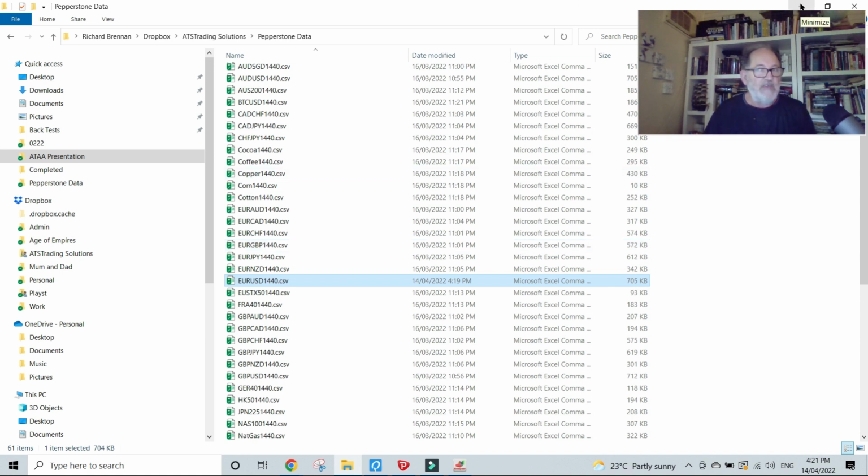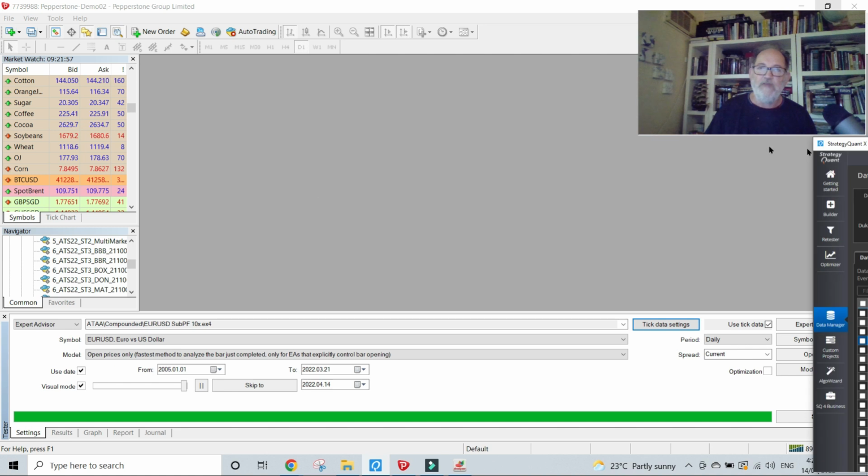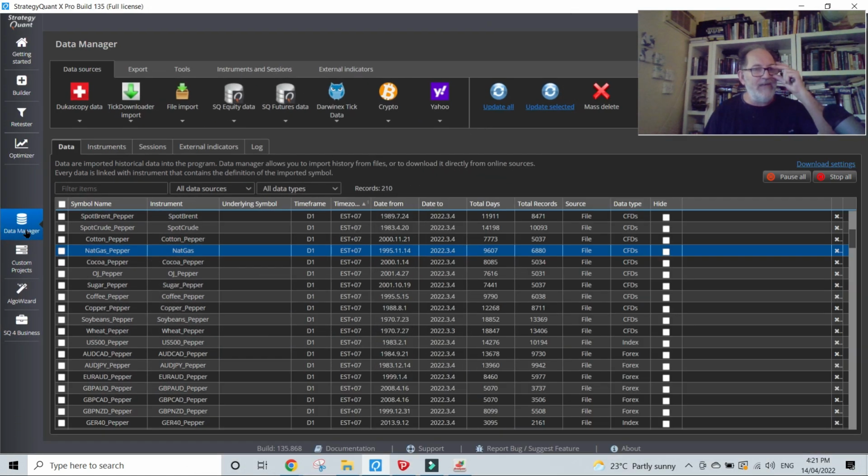So now the question is how we get this over into SQX. So I'll just bring over my SQX data now, and we'll refer to the data manager. And if I sort this data manager, you'll see that I've got a number of instruments in here from my Pepperstone source. So that's why I've labeled them Pepper. Spot crude from Pepperstone, spot Brent from Pepperstone, cotton from Pepperstone, nat gas from Pepperstone. This data has all been imported over from MT4, and it's the daily time frame data, D1 data, open, high,